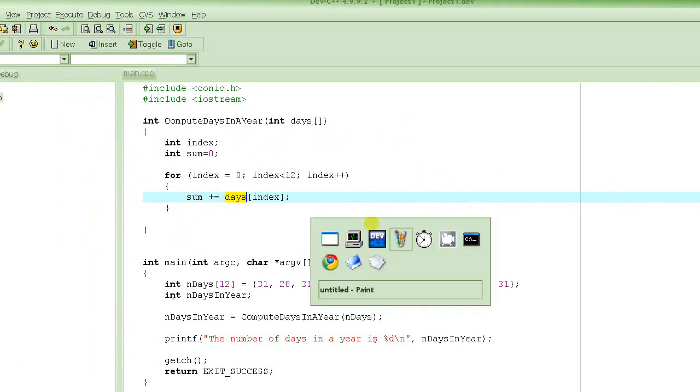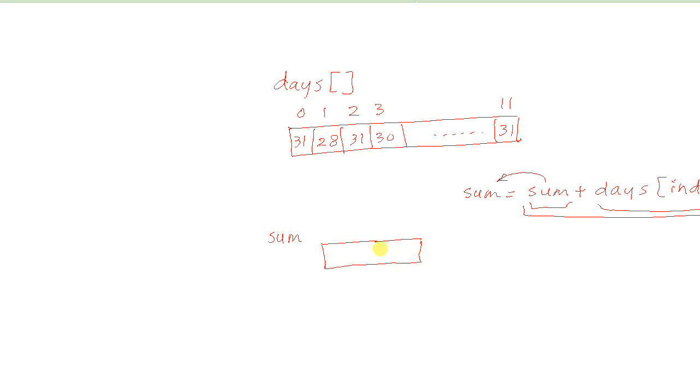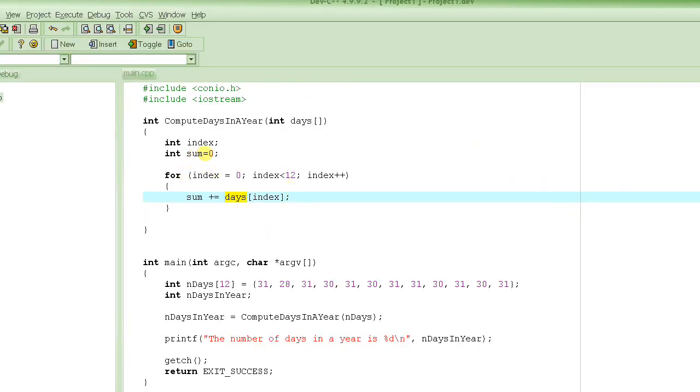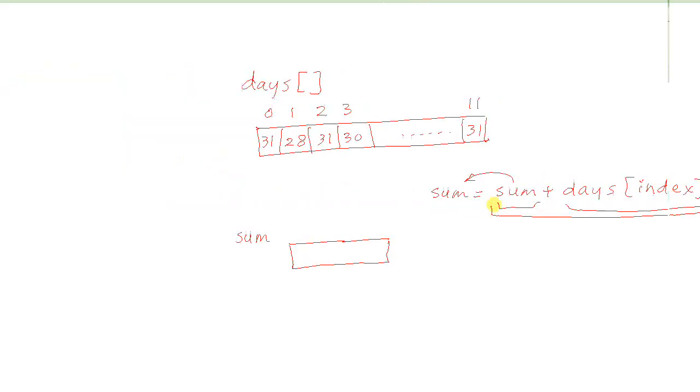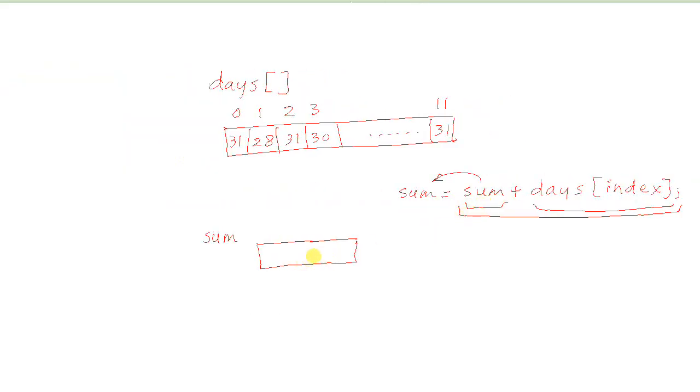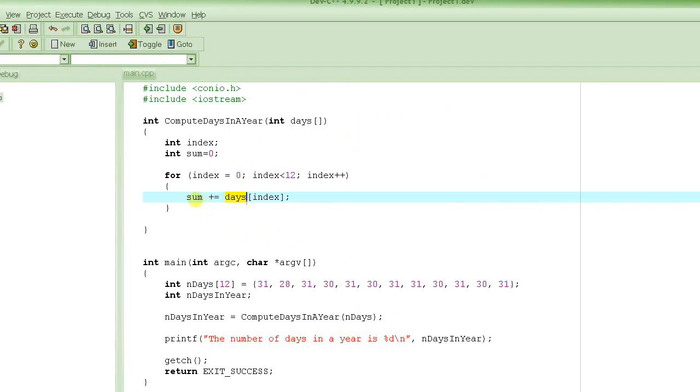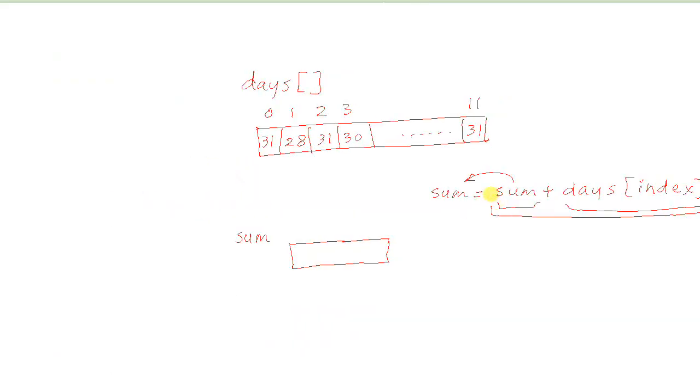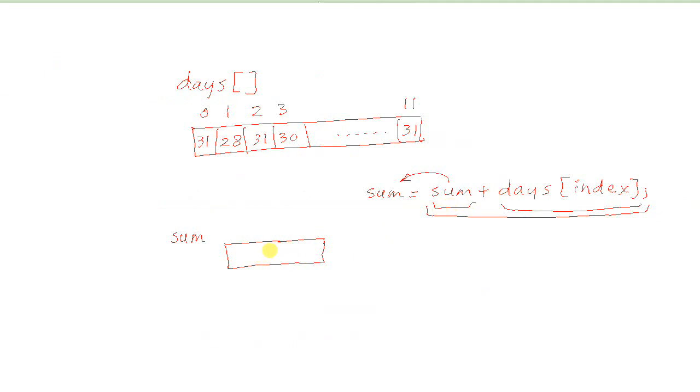of this for loop. One important thing that we have done is we have initialized sum to 0. This is critically important. Otherwise, the first time this statement is executed, the value of sum is not guaranteed to be 0. In the beginning, it may have any garbage value, a very big value as well,